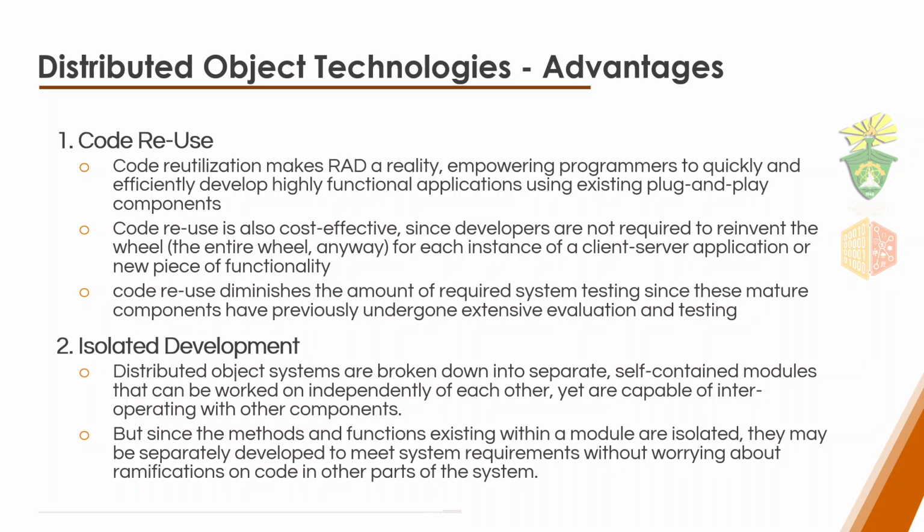Isolated idea, no? Distributed object systems are broken down into separate, self-contained modules that can be worked on independently of each other, yet are capable of interoperating with other components. But since the methods and functions existing within the modules are isolated, they may be separately developed to meet system requirements without worrying about ramification on code in other parts of the system. Okay,